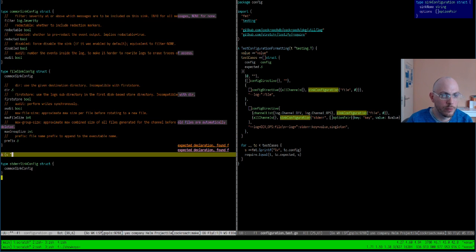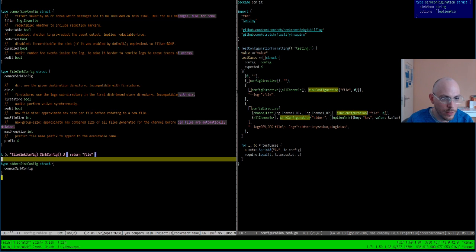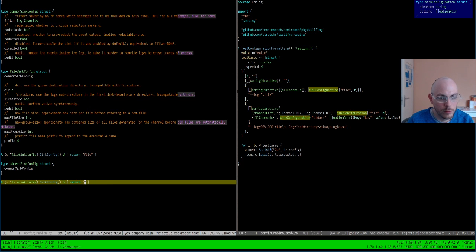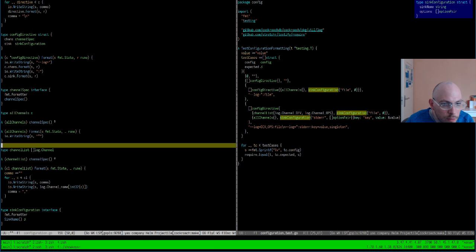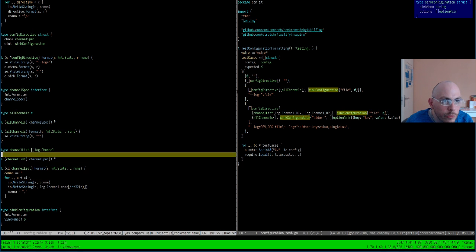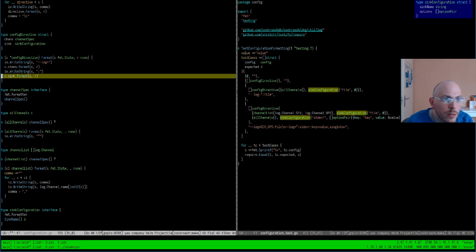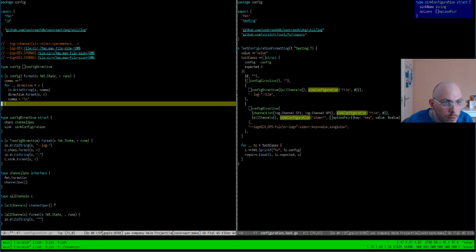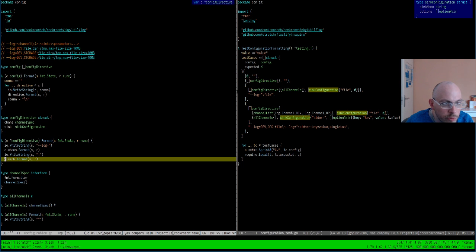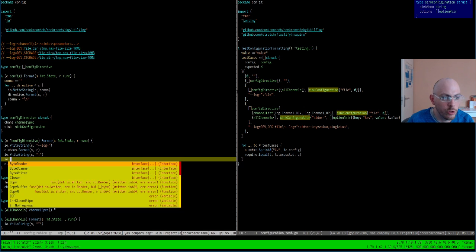Func file, and then the other one has stdr, and then the format here for the sync config. Where was this? Sync configuration, sync.format. So format has a thing, but we are going to first